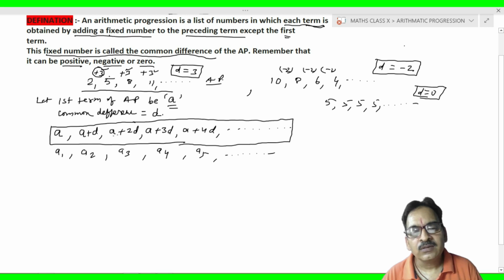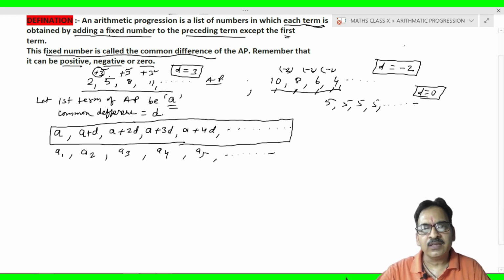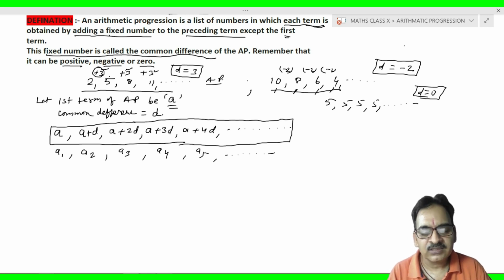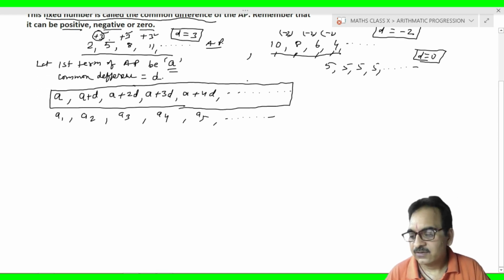Okay. Now, if a list is given like this, 10, 8, 6, 4, all this is in AP. This is the first term, second term, third term, fourth term. And the question is, what will be the 100th term? It is very difficult for us to write till 100 numbers, writing 1st, 2nd, 3rd, 4th, 5th, till the 100th number, and then find the 100th term. So we have a rule to derive a formula to find the nth term of an AP.